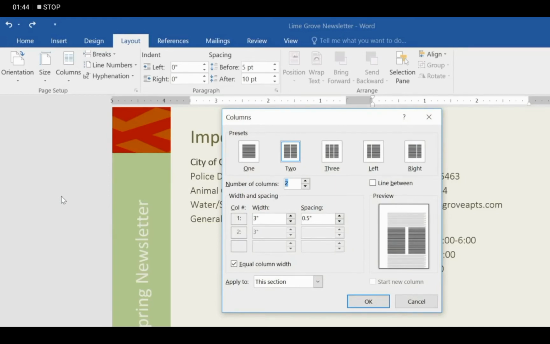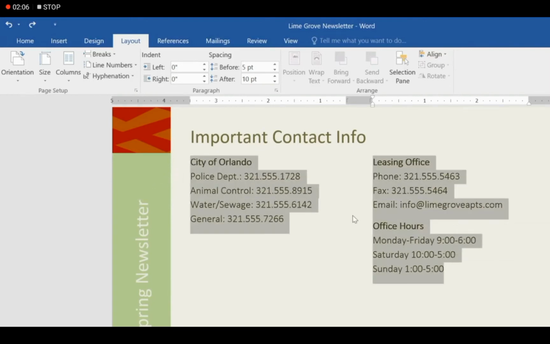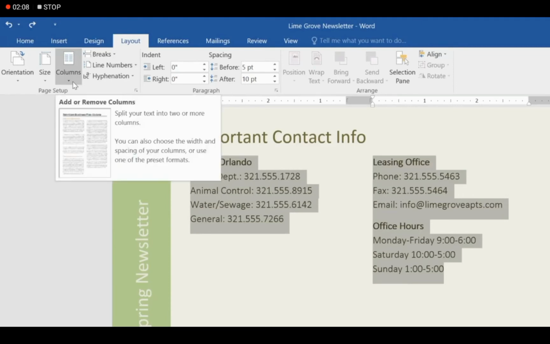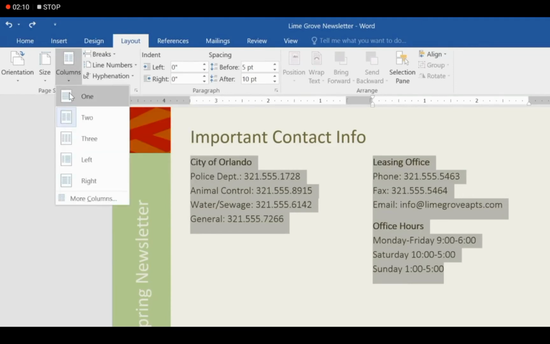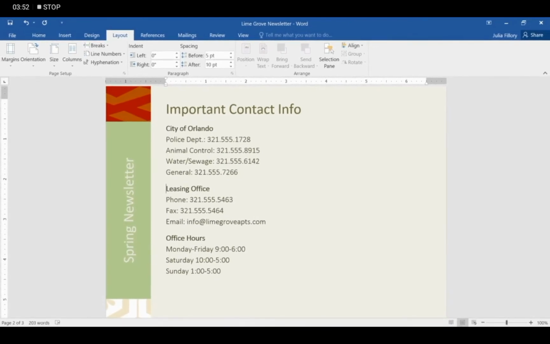according to your requirement. If you want to change it back to the previous position, you have to select all the data, and after selecting, go to the column group and there is the option of 1. So it is a very interesting setting by which you can enhance the look of your page.